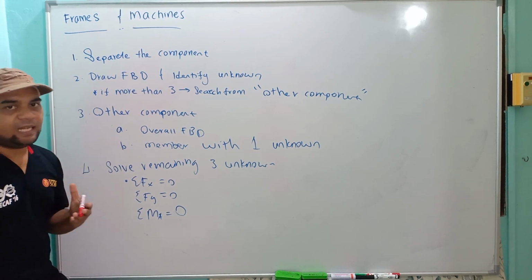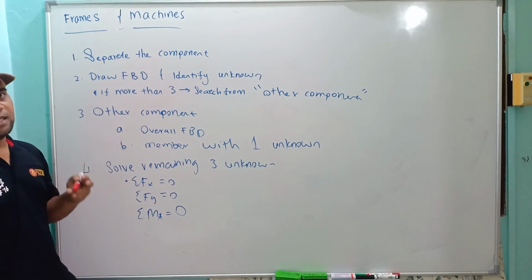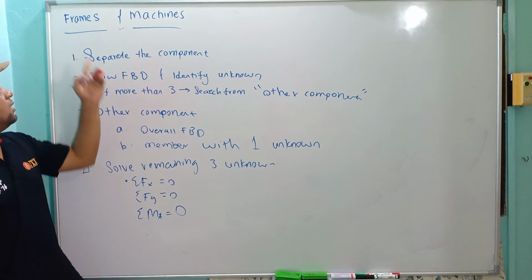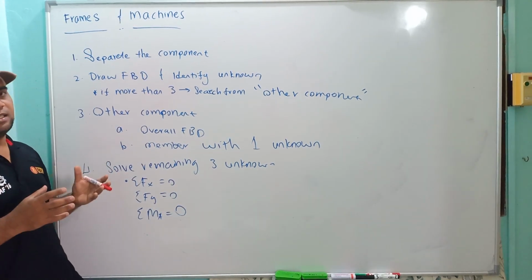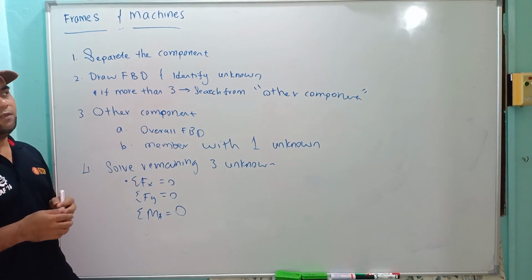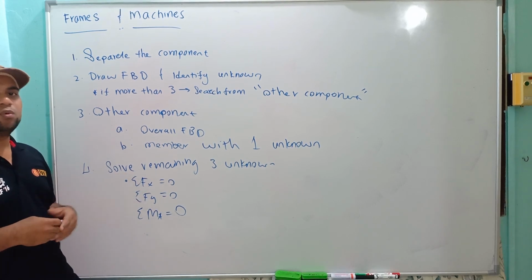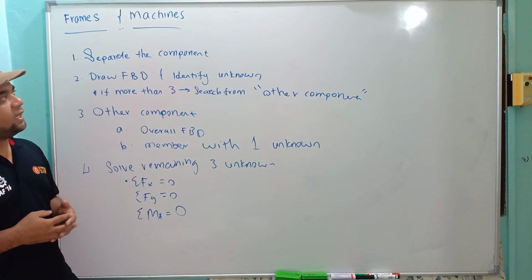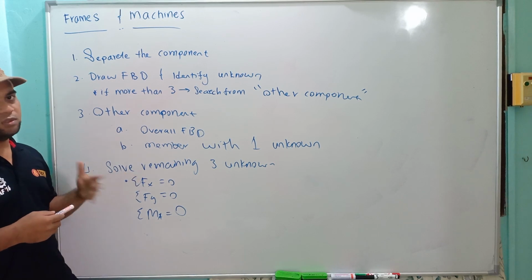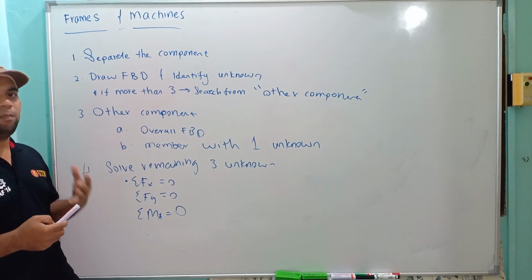The basic analysis is the same for both, but the difference is that in frame and machine, the components inside the structure are much more complex. In the previous chapter, in the rigid body, normally we give you only one or a maximum of two rigid bodies combined together, normally with a pin joint. But in this chapter, you will have 2, 3, 4, and more than that. So the component is much more complex.